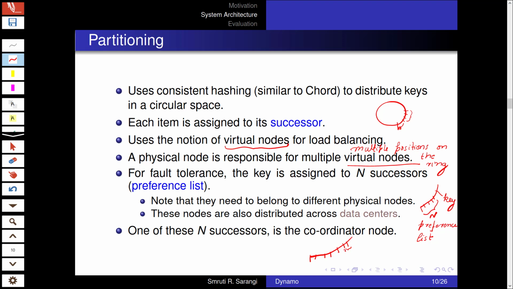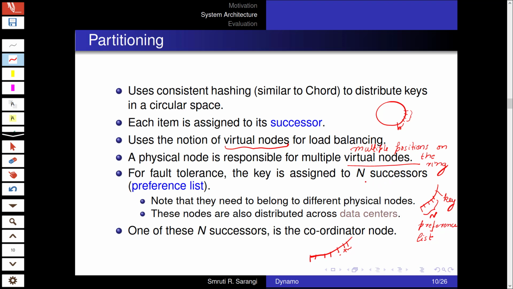But then what Dynamo would do is that it would skip the second position and instead consider this as the second successor. The first successor, the next one which is in a different data center, is the second successor. So essentially when we are talking of n successors, there are n successors located in different physical nodes which are preferably in different data centers, right?